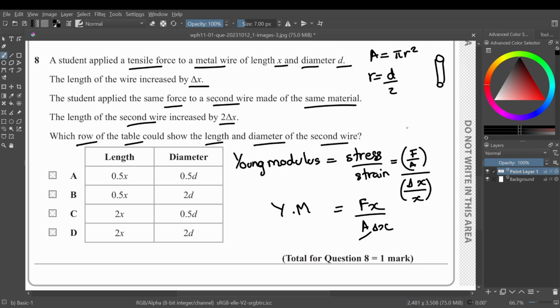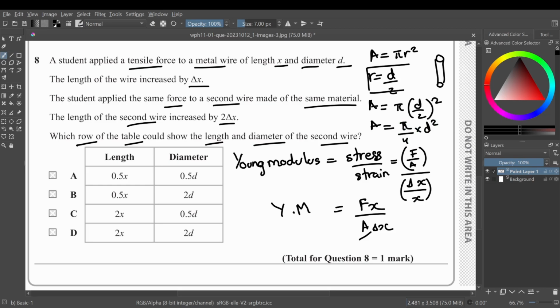You should know by now that the radius is half of the diameter, right? So now if you input the value of it in the area, it will become area is equal to pi d by 2 square, and it will become A is equal to pi by 4